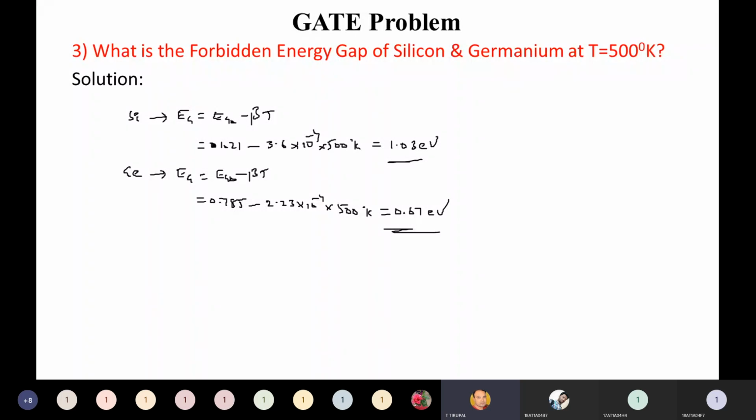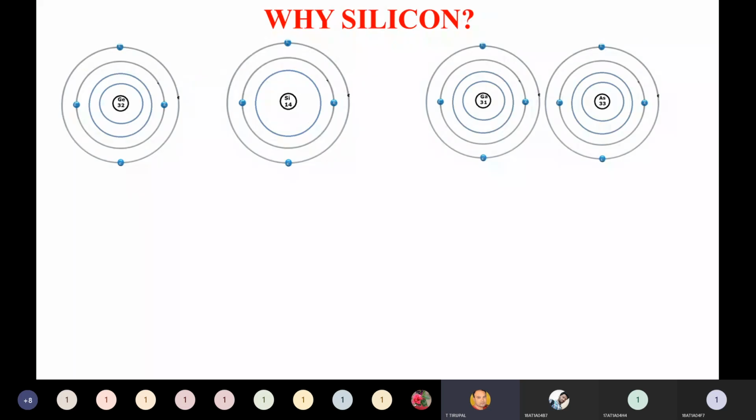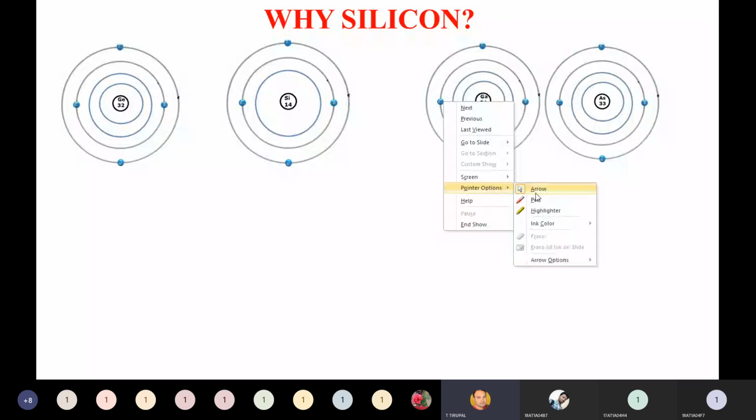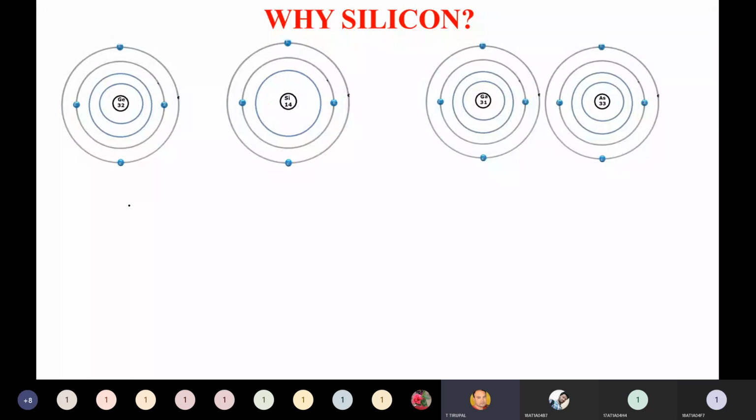So next, let's go to another topic. Why are we going for silicon actually? Why do we choose silicon in electronics? All mobile phones and all laptops, if you consider the inside of laptops and mobile phones, there are certain pieces, these integrated chips, which are made with silicon only. Why silicon actually? There are certain important reasons why we need to choose silicon here.